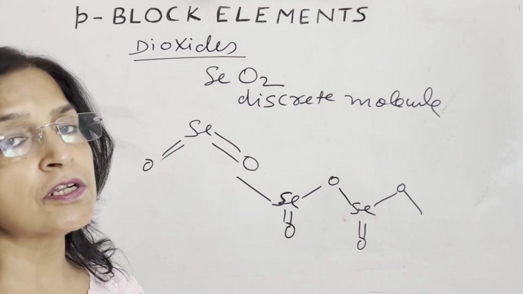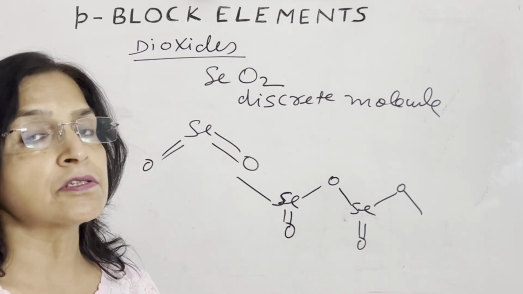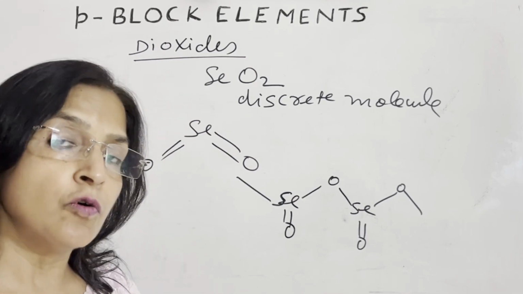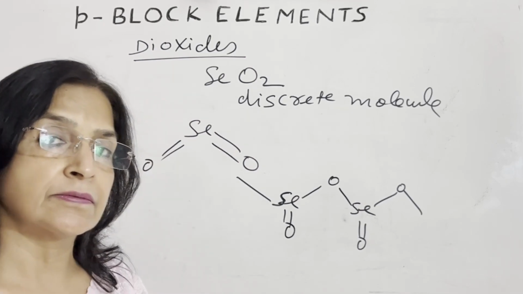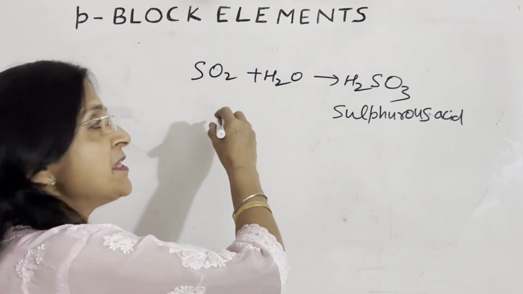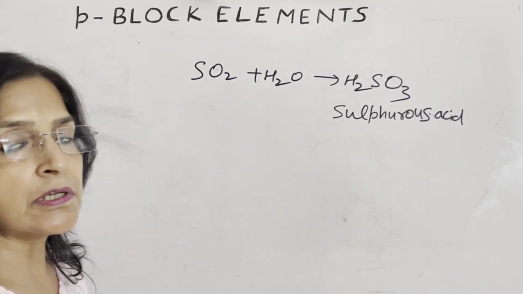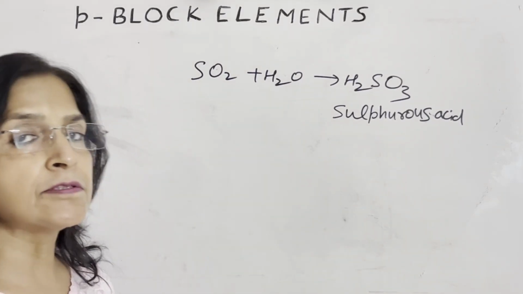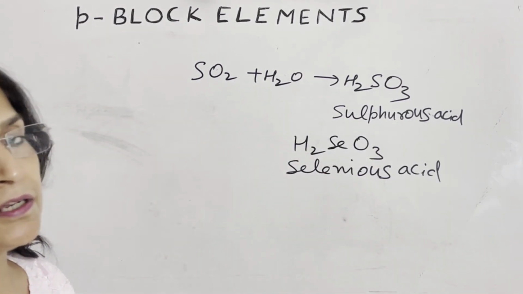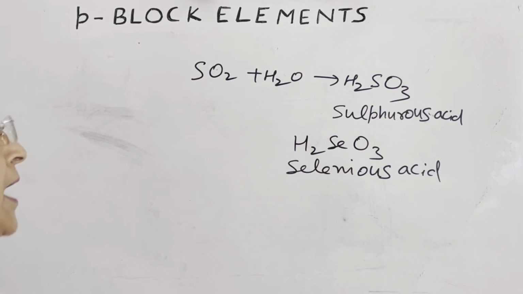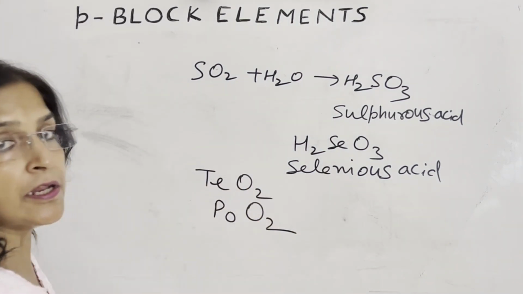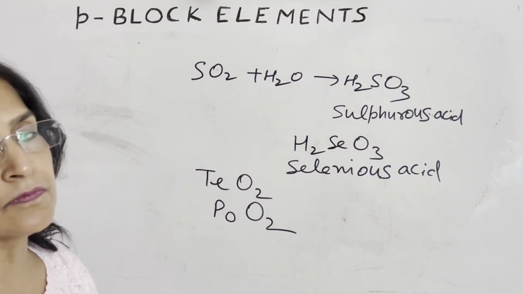The different structures of the oxides of group 16 elements are due to the reason that as we move down the group, the tendency to form p-pi bonds decreases. These dioxides dissolve in water and form oxo acids. For example, sulfur dioxide reacts with water and sulfurous acid forms, but it exists only in solution. It can't be isolated. Selenous acid can be isolated and it exists in the crystalline state. Tellurium dioxide and polonium dioxide are amphoteric in nature. They react with acids as well as with bases.